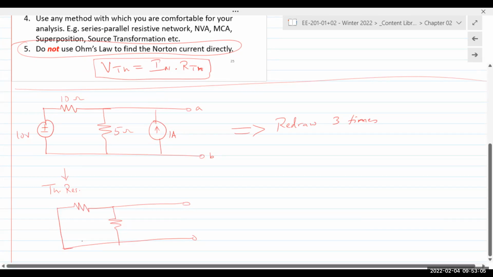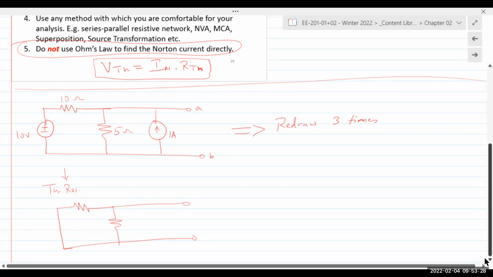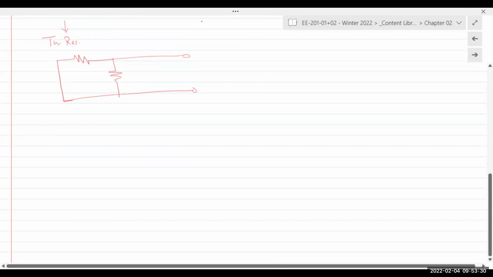So in this case, of course, you can use the techniques that we learned earlier, meaning you take a large resistive network and reduce it down to one single resistance and find the Thevenin resistance at the terminals, or the equivalent resistance at the terminals. And that would give you the Thevenin resistance. Make sense? Now, once you have those results, you forget about that circuit and you go back to the original circuit